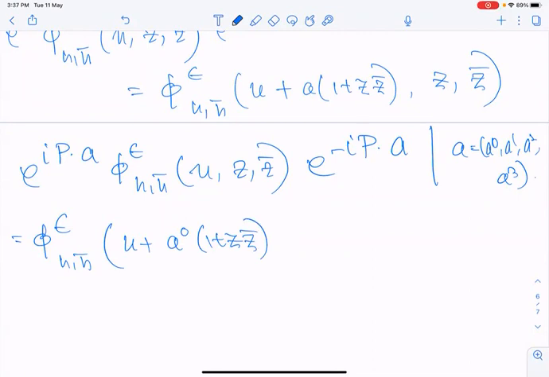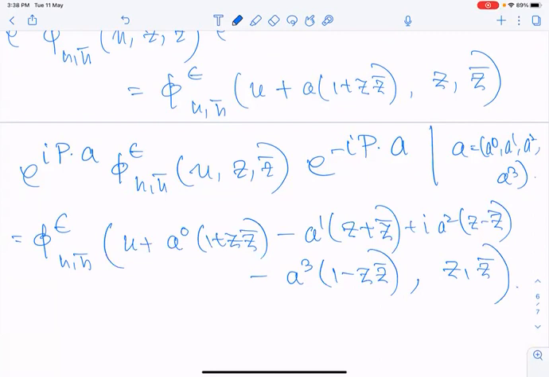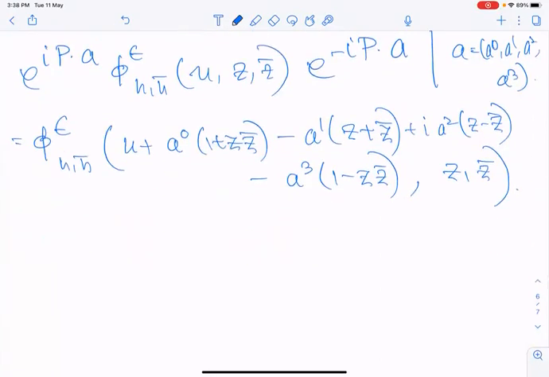Well, depending on the sign, minus A1, and then plus i A2 (z minus z bar), and then minus A3 (1 minus z z bar), and then you have z comma z bar. So again, space-time translation acts only on u but not on the z z bar. So u shifts. Okay, so you can see that in the u z z bar space,